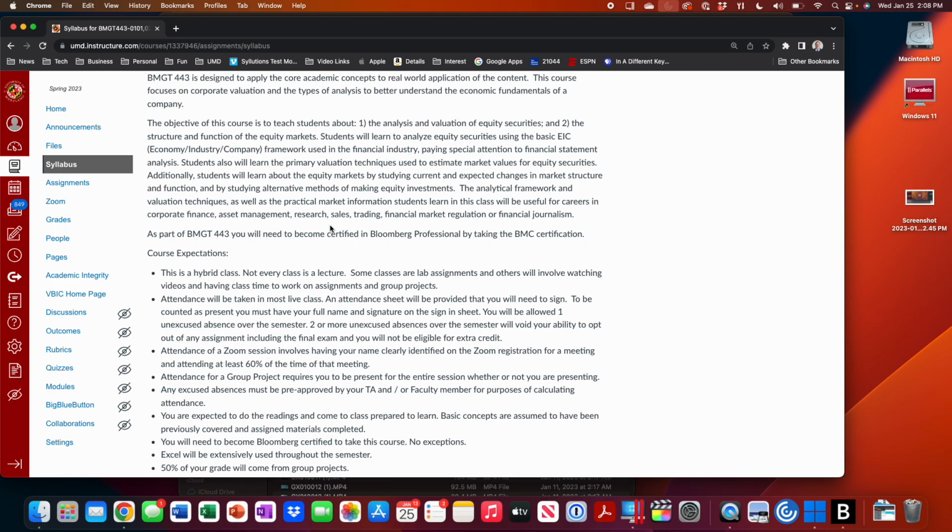I've sent some urgent messages this morning to IT to say, please help, because you basically shut down 443 because no one can do any of the assignments because you wiped out all the terminals in this lab. Okay, so more to come, but I will let you know that the first homework assignment that's due Monday, I'm switching it to being due Wednesday because it involves using this software, which you're not actually able to access. So we're going to do our best to work around it.